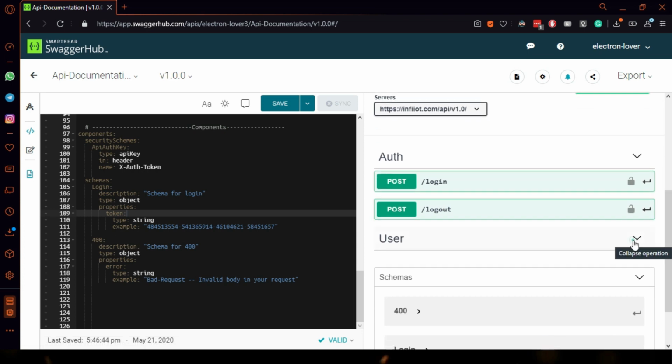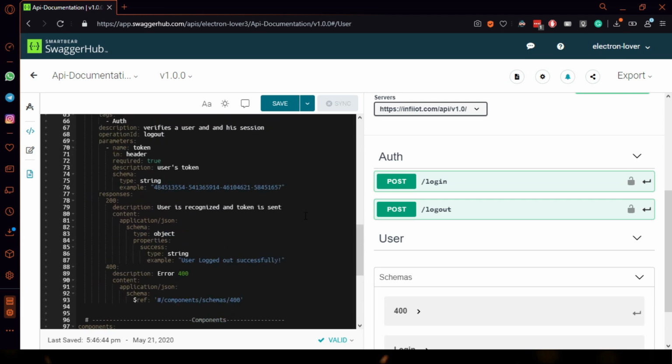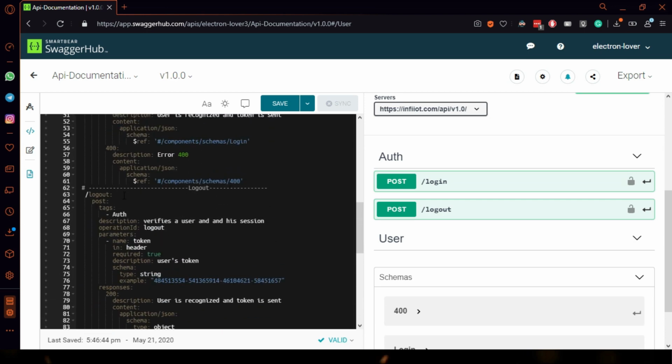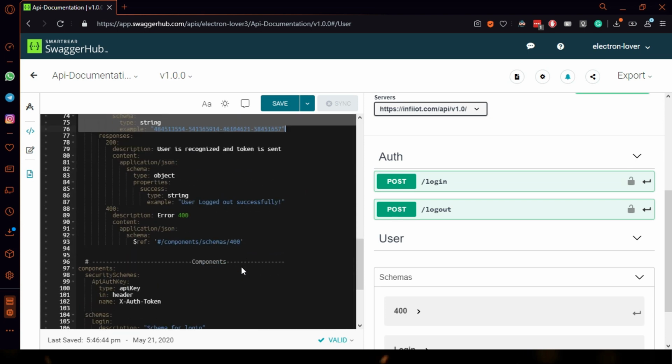So let's write the endpoint for user. Let's Control C, Control V the logout endpoint and modify it for the user endpoint.